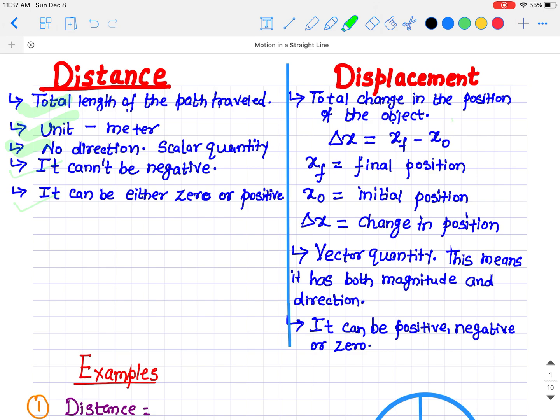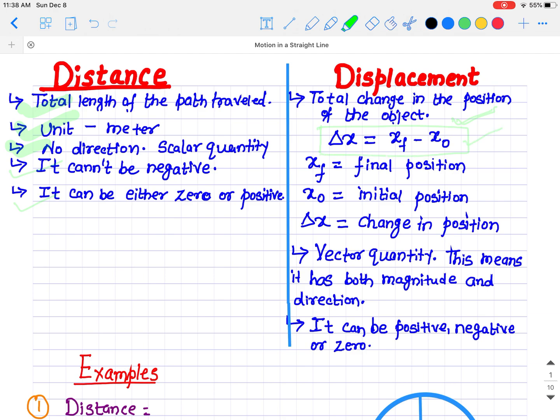It is the change in the position of the object. If you travel from one point to another point, the shortest distance between the 2 points, the starting point and the end point, gives you the displacement. Or in other words, mathematically, the displacement is defined by this formula here,